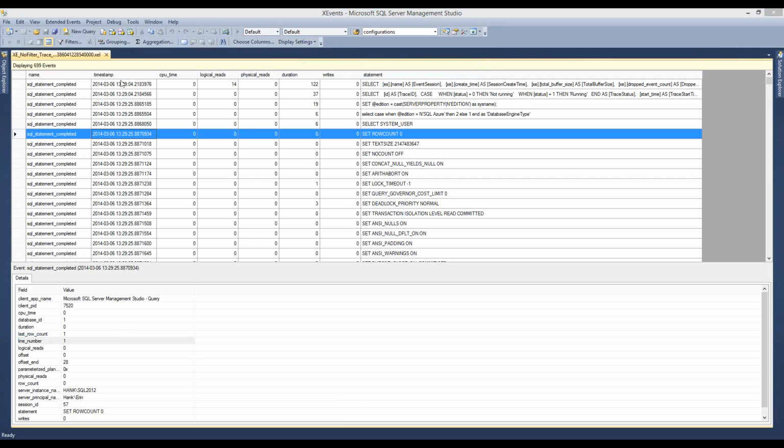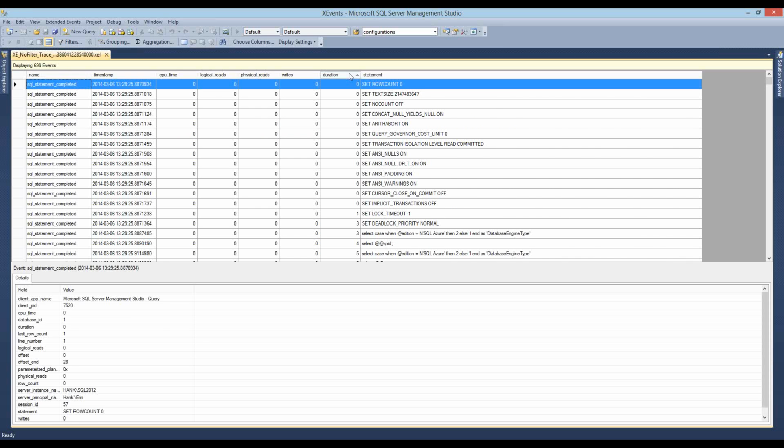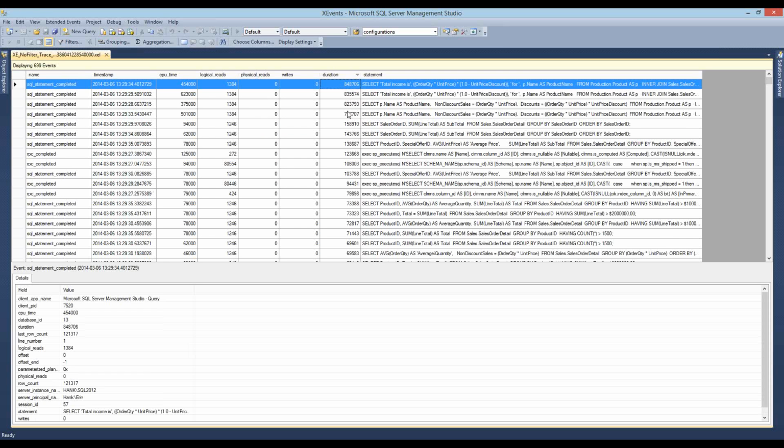But understand that you can customize this how you want. Now what I like here is that I can sort. I can rearrange these columns by dragging them just the same way that I could before, but I also have the ability to sort. So I can sort on duration. If I just click on it, you see I now have all the zeros at the top. If I click again, now I get my highest duration descending. So this is a little bit more friendly, and there's more that we can do with this.